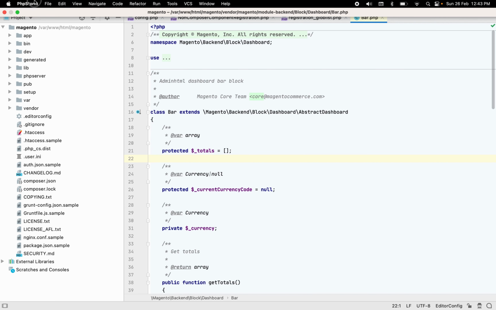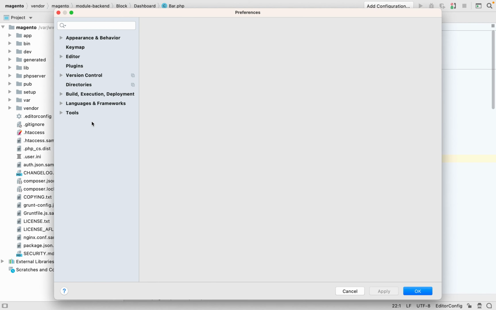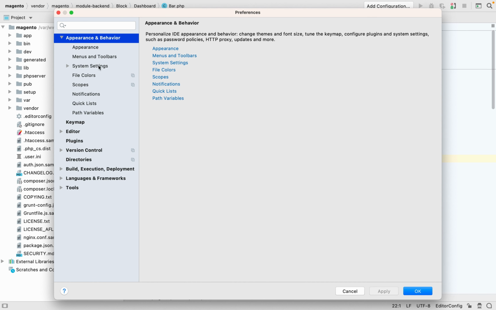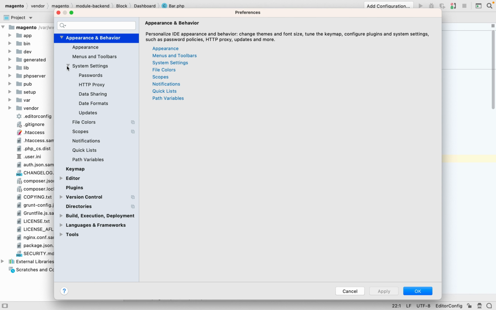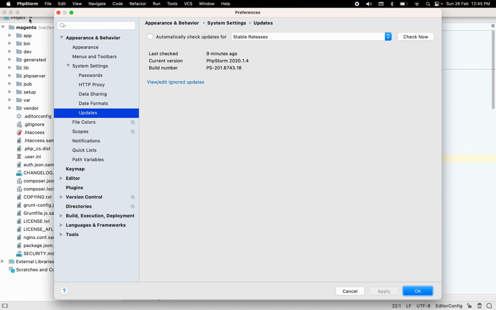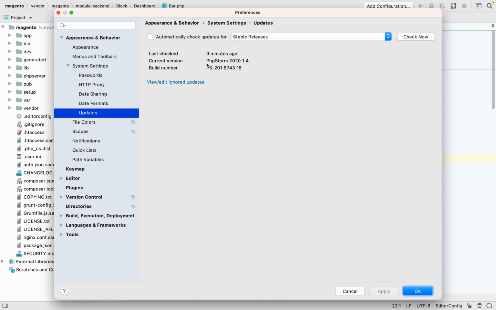The next thing that you should do is disable auto update of PHP Storm. That you can do by going again to the settings section, and there go to appearance and behavior section and click on system settings, and inside system settings click on updates. Automatically check for updates is selected. You can unselect it and apply. So by disabling this, you are making sure your system will not check automatically for updating PHP Storm from time to time, which is a slow process. And whenever you want to update, you can update by going again to PHP Storm and the check for update section. But disable this auto update checker so that your performance will be better.